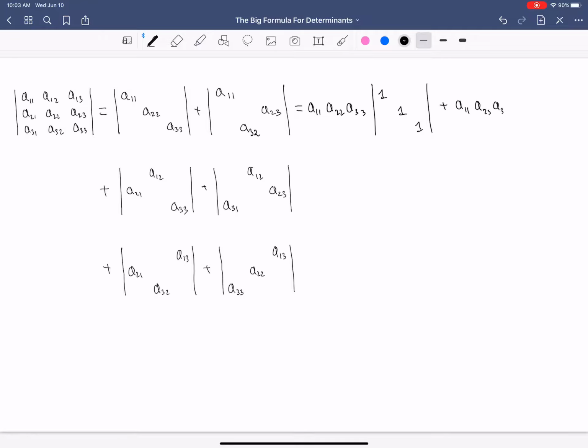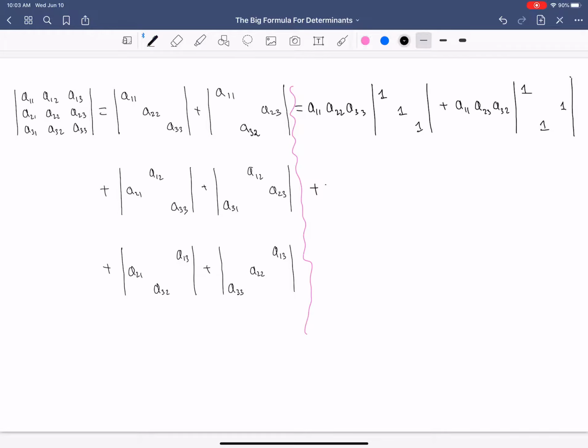A23, A32, so that's another permutation. And we have 1, 1, 1 for the permutation matrices, plus, so maybe I'll separate these, plus,